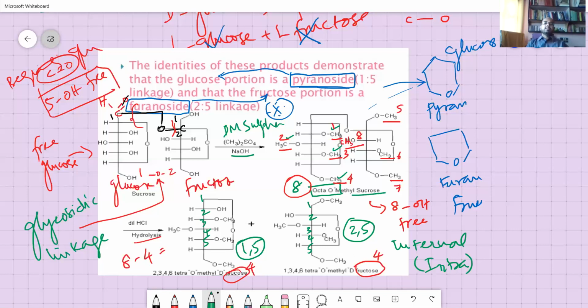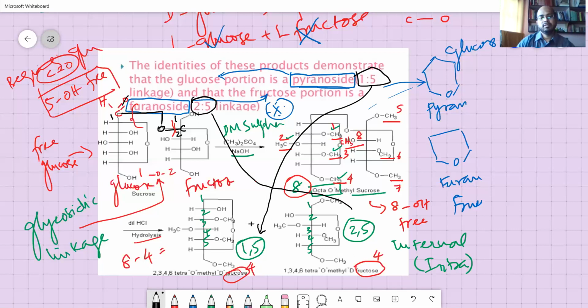So that means the identity of this demonstrates that the linkage is by means of this. Okay. In the 1, 5 பார்த்தோம்ல இங்க வருது. இந்த 2, 5 பார்த்தோம்ல இது வந்து இங்க. Okay. So you have to check there is some mistake there. இது வந்து 1, 2, 3, 4, 5 இன்னொன்று வரணும் இங்கே 6 கார்பன் ஆட்டம் வரணும். C6 வரணும். Okay, some mistakes is there.